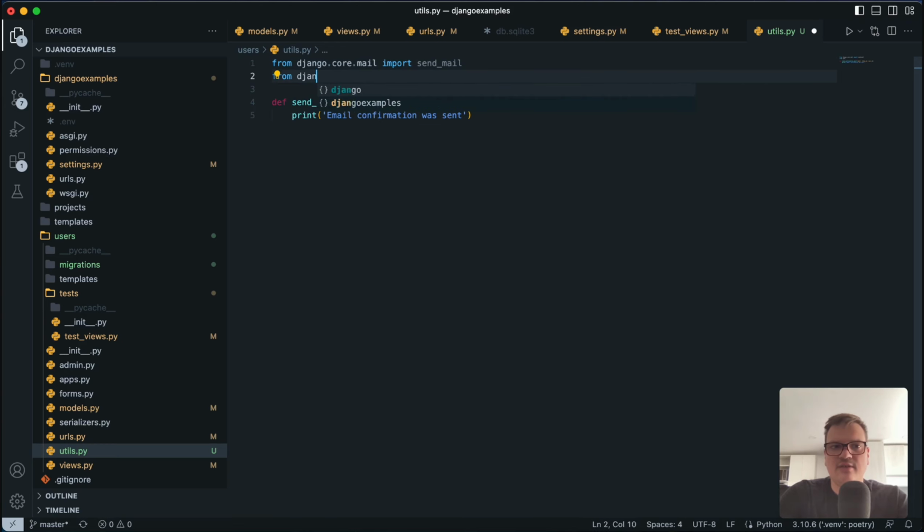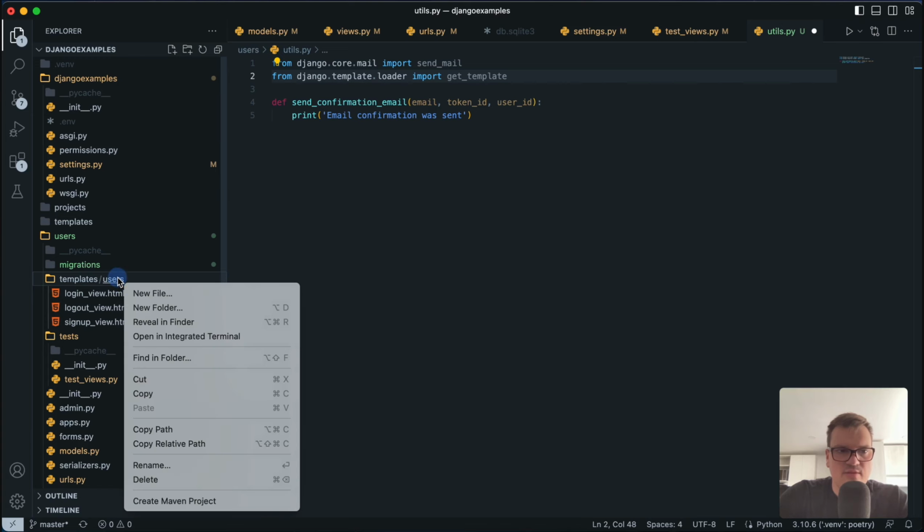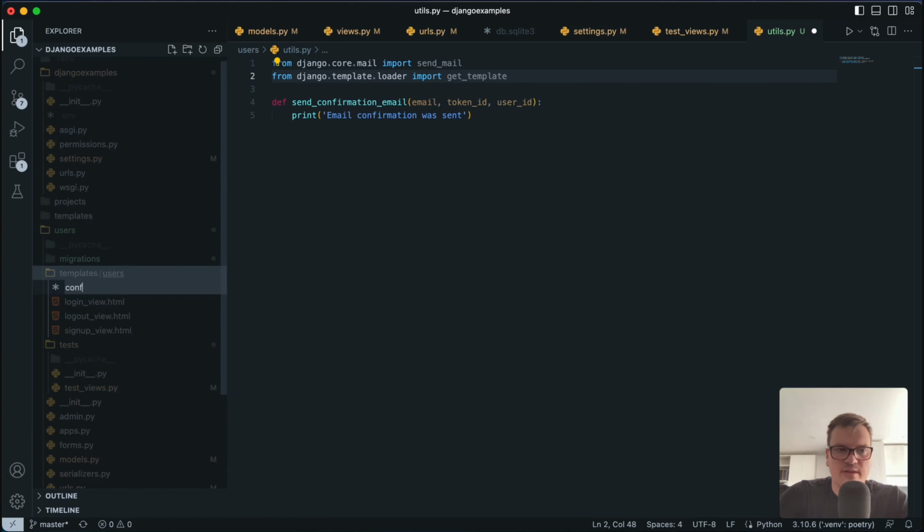Also, from django.template.loader, we will import get_template. Why do we use get_template here? We will not hard code this email, but we will have a separate file with a template, and then we will load it and send it using the send_mail function. So inside templates, let me create a new file called confirmation email